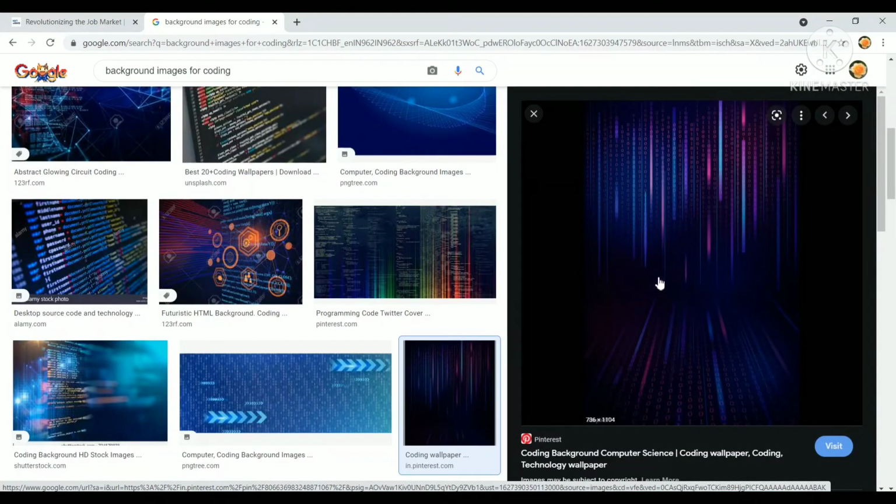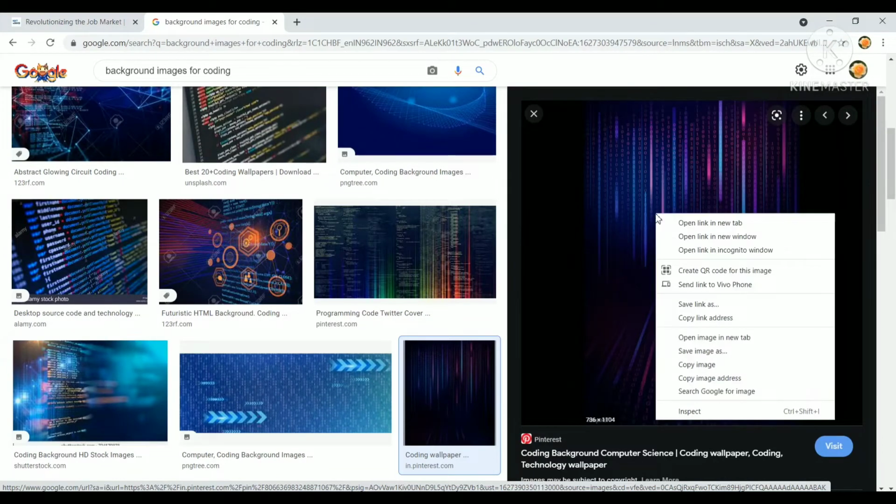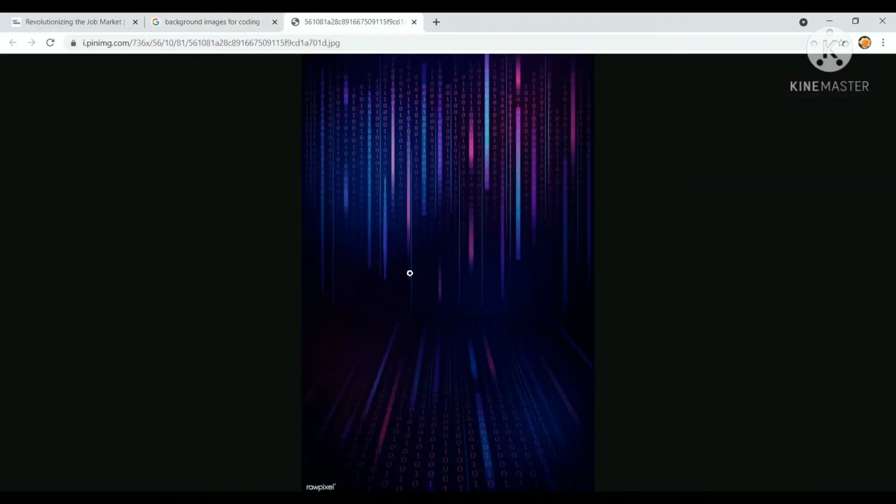When you see this image, right click on it and you will see the option to open image in new tab. Here the image has opened in a new tab. When you see here, the selected text is known as the image URL. We need to just copy that URL and paste it between the double quotes.